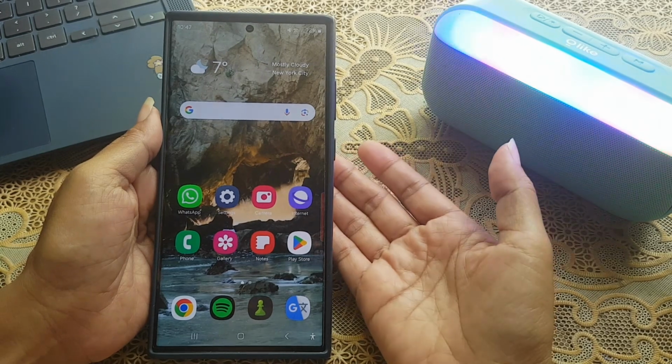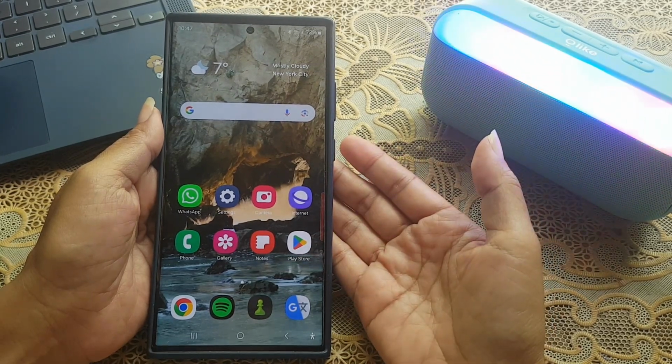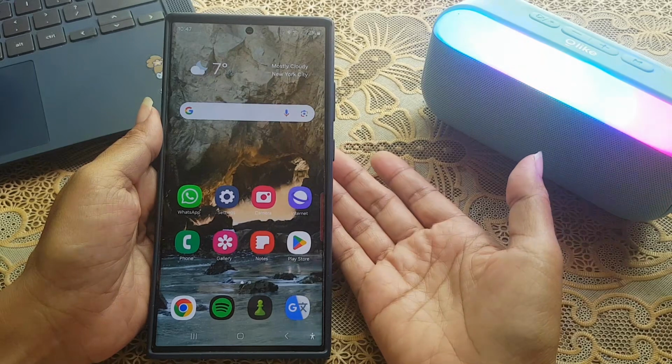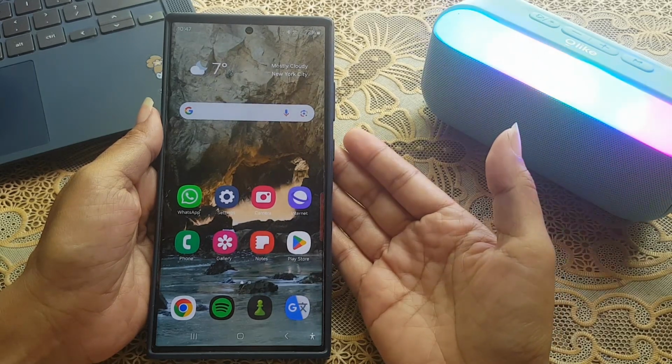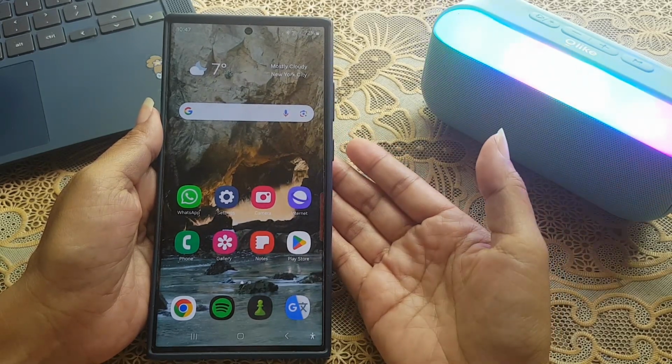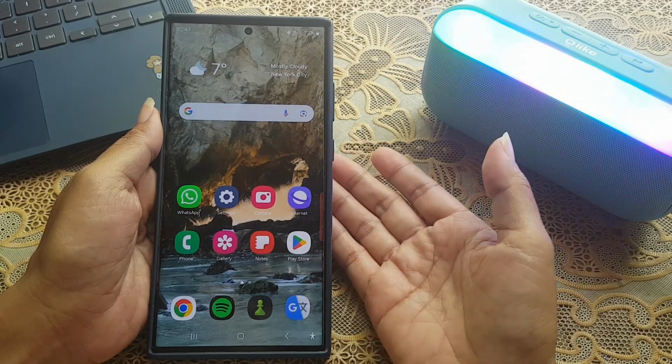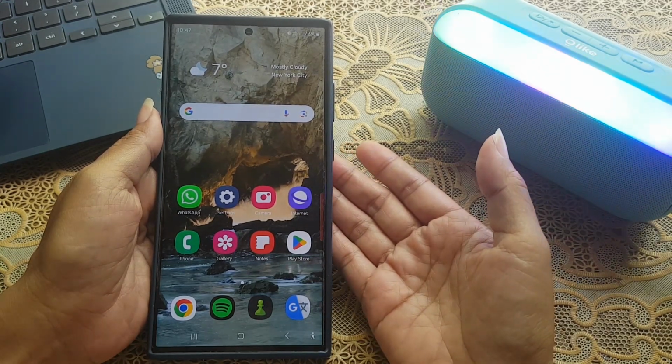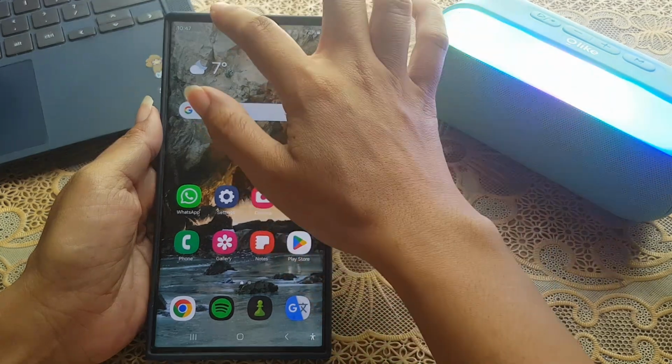How to play media sound from selected apps on a separate audio device in Samsung Galaxy S23 Ultra? First, you have to enable separate app sound, select the apps and an audio device. To do so, swipe down the top of the screen